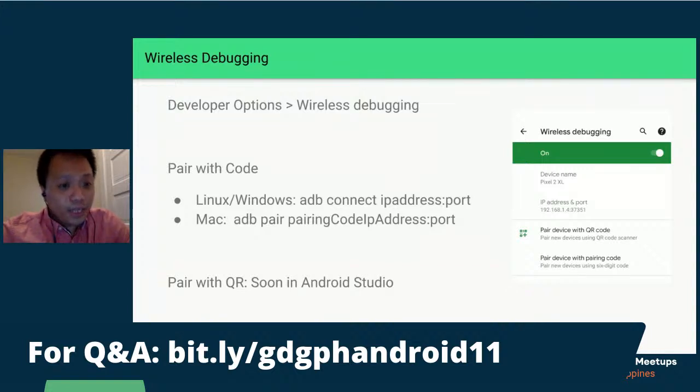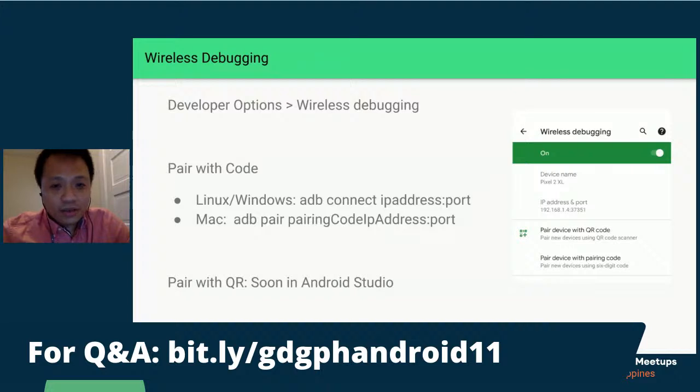Okay, another thing that's coming is wireless debugging. Normally we've been doing debugging all this time with cables and devices, and sometimes it's a bit messy.